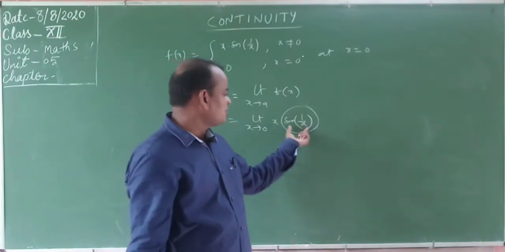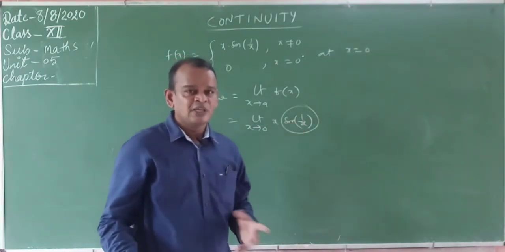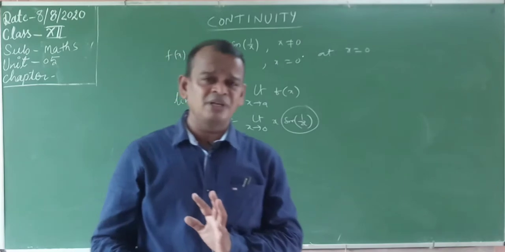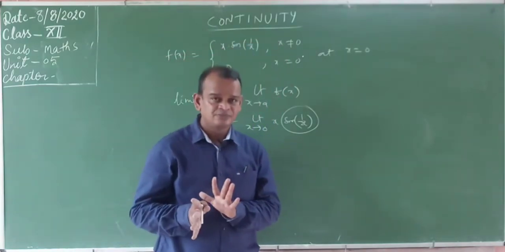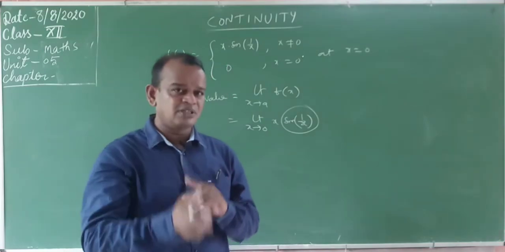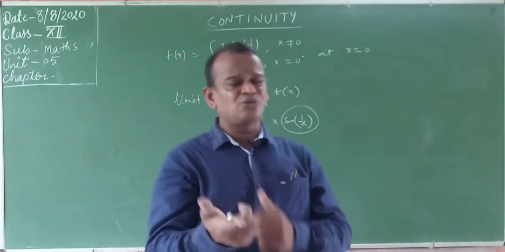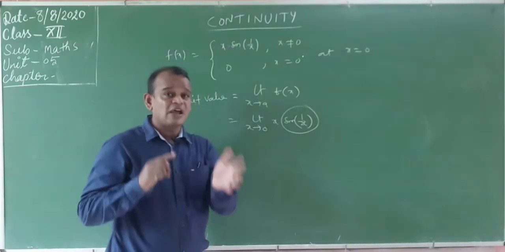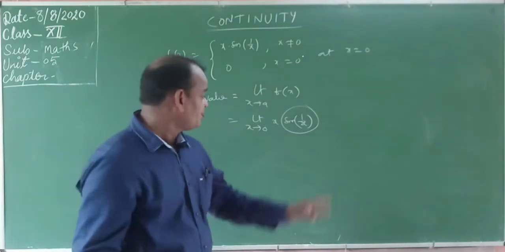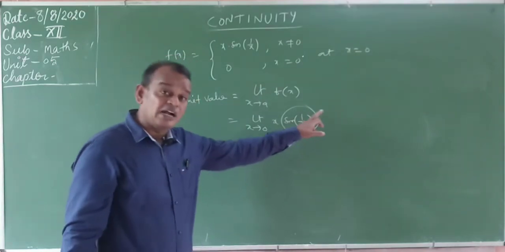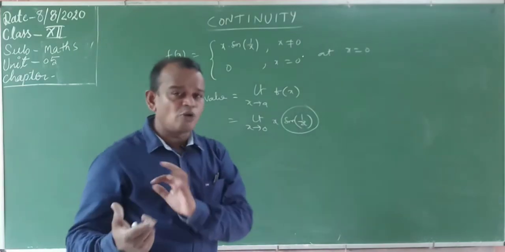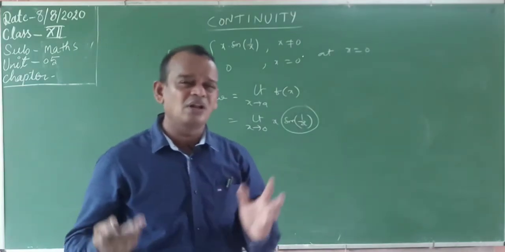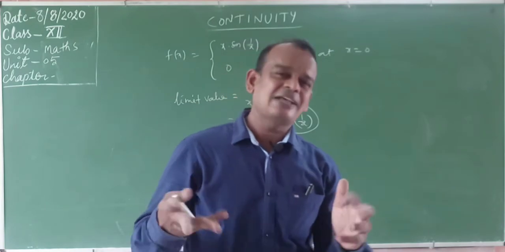Here, what is the function? That is the sin x function. Sin x or sin 1 by x, whatever it may be. For suppose sin square x lies between 0 and 1, sin square has only positive values. Here sin 1 by x or 2 by x, 3 by x, whatever it may be, this value always lies between -1 and +1. You can take any value. How many values are there between -1 and +1? Lakhs or crores of values.